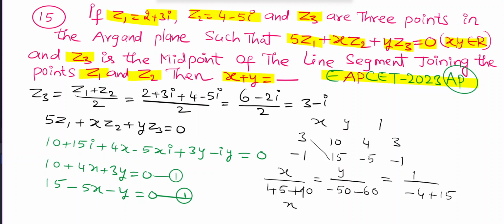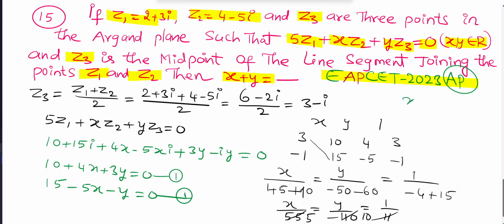This is x by 45 plus 10, this is 55; y by minus 50 minus 60, this is minus 110; that is 1 by minus 4 plus 15, this is 11. This 11 cancels, here is 10 times and here is 5 times, that is